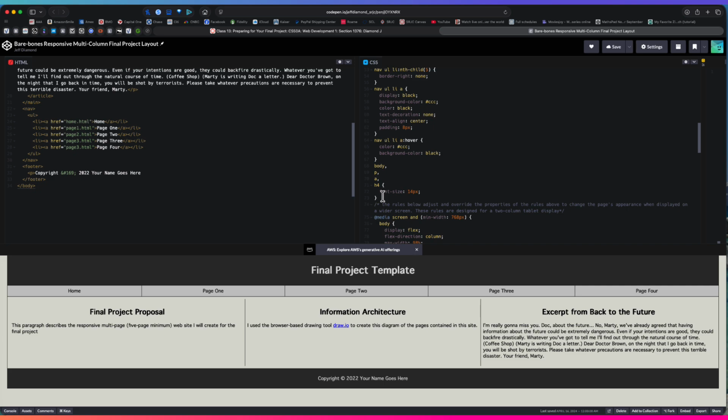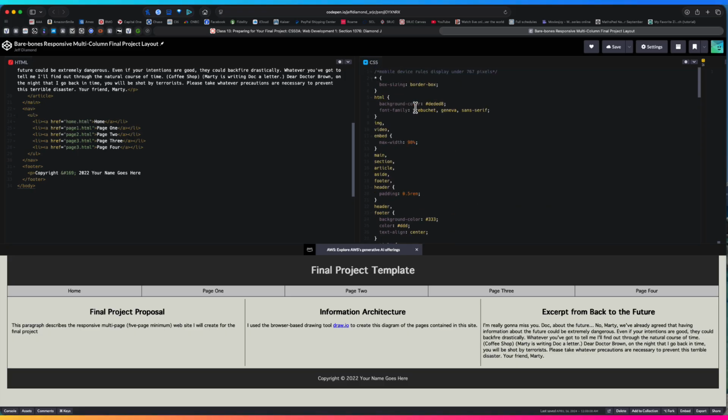In other words, all the rules from line 1 until line 73 here, those apply by default to your page. They get overridden when the screen size gets larger than 768 pixels. So from 0 pixels in theory to 767 pixels, all of these rules apply. And they're things that aren't going to change